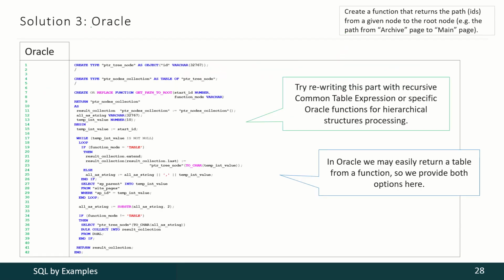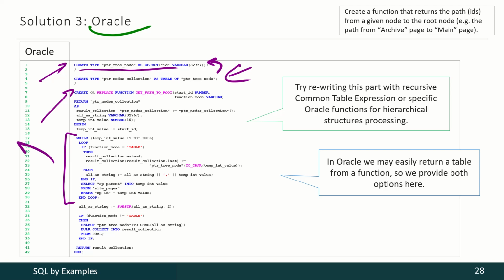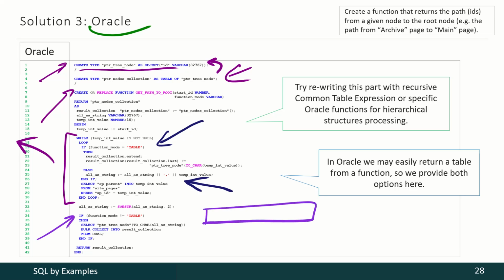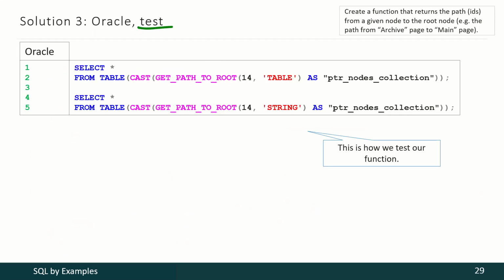And with Oracle, we shall follow the Microsoft SQL Server solution. Of course, first we have to create a data type for an element and then a table of elements of that data type. Then inside the function we are following the same idea we've already seen with Microsoft SQL Server. The only difference here is that we either put the results into the table or combine them as a string. And finally, we have to either produce a table with a single row or return that initial table in its initial state. To test this solution for Oracle, we have to execute such queries.